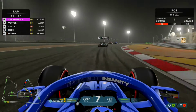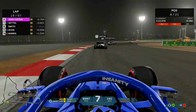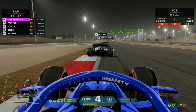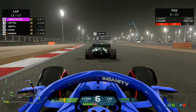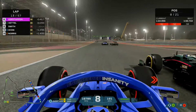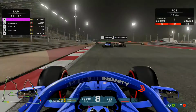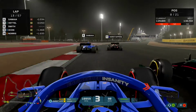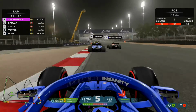Alright, so we are back at one of my favorite turns. Am I going to be able to get a good turn on this? Am I going to be able to get speed off this turn and catch up to Vettel? It looks like it might be a possibility. We are using our ERS as well, and we are going to fly past Vettel as our teammate's just ahead with Verstappen battling. Going through the last turn, Vettel's still there, but we have to be...